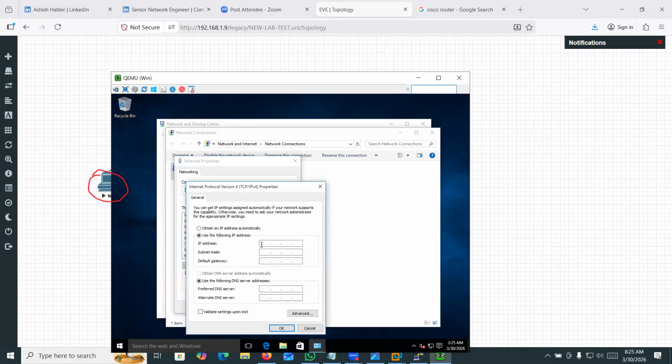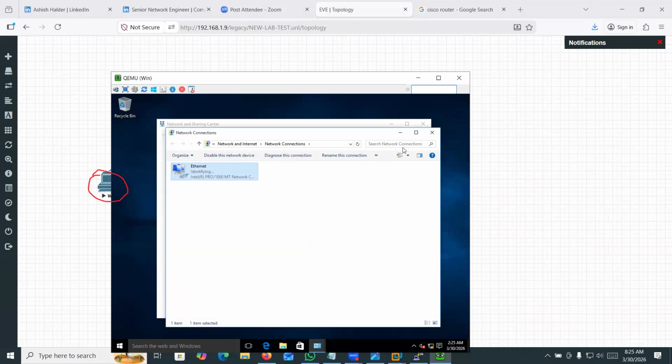I will assign the IP manually from subnet 10: 192.168.10.1. I will also assign DNS, the global Google DNS, and as secondary DNS I will assign my home router IP address, because this device is working as an ISP. Okay, close.